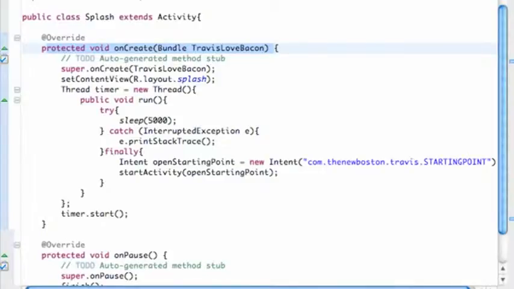In this tutorial, what we're going to do is basically set up some music and some sound for our application, because when there's music